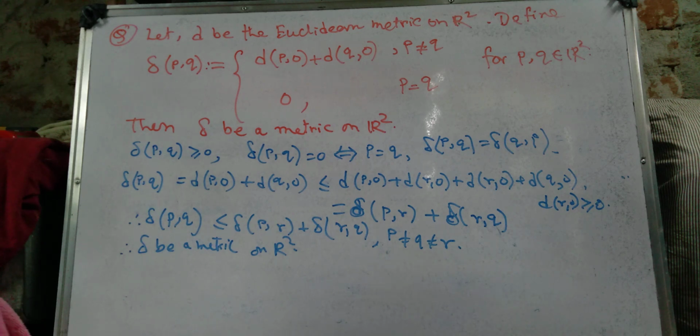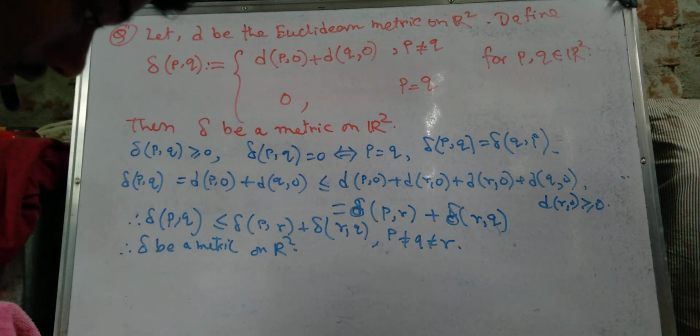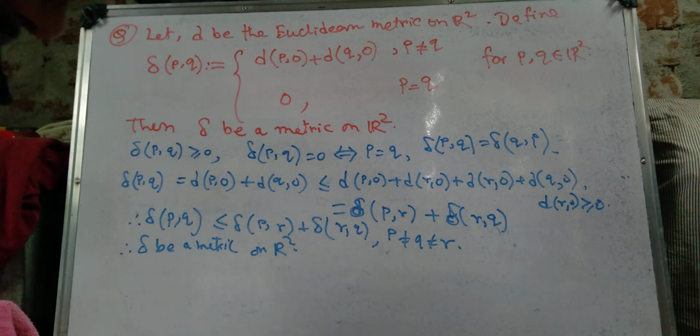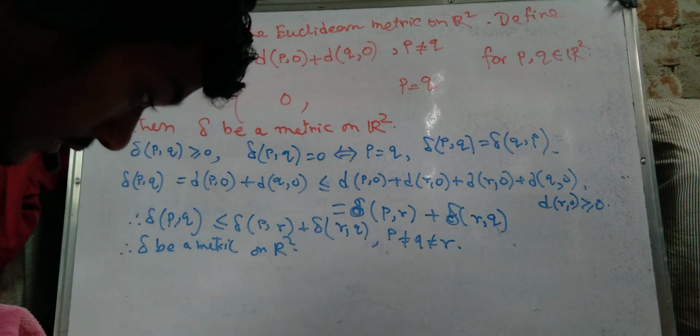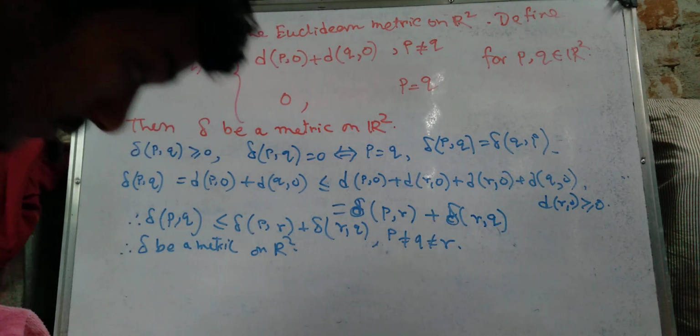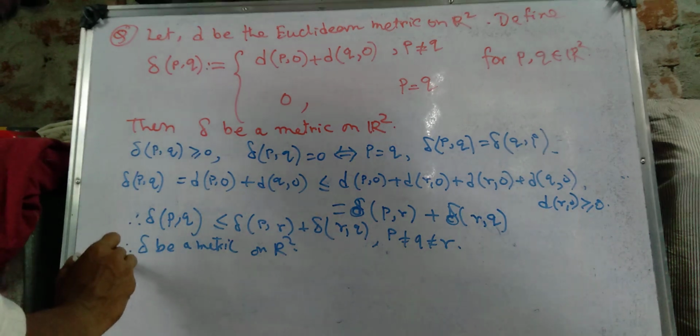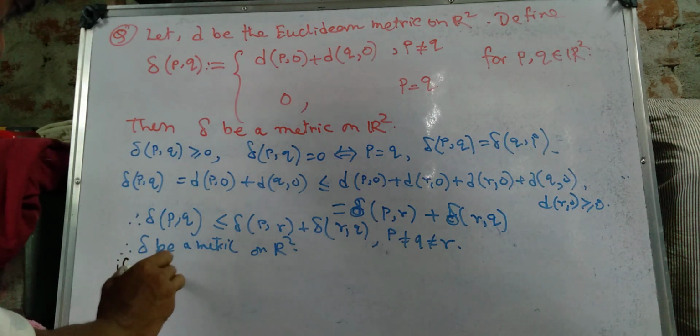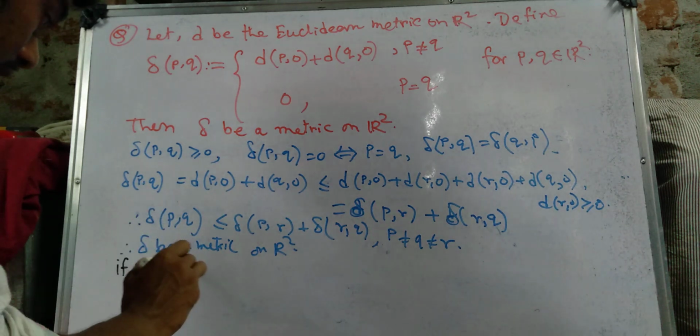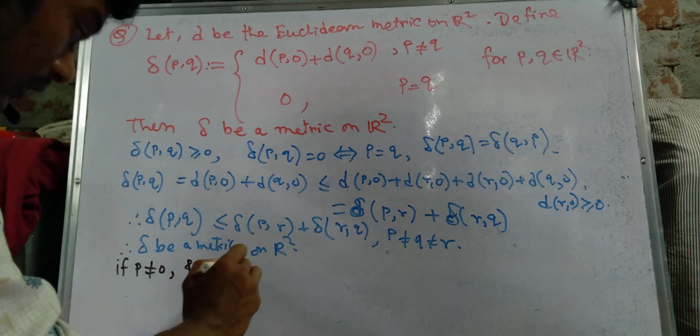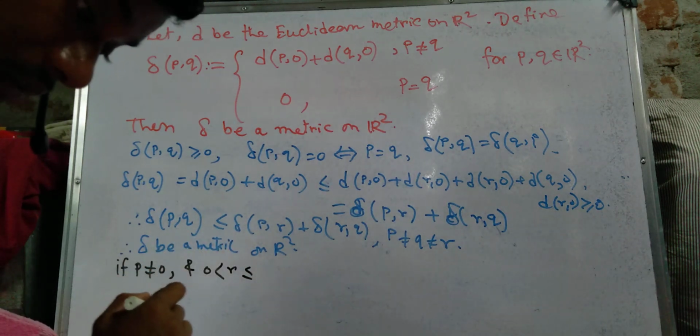Okay, then delta is a metric on R squared. Now we discuss the balls B_delta(p, epsilon). What are the balls B_delta(p, epsilon) for sufficiently small epsilon greater than 0 and p not equal to 0? If p is not equal to 0, and 0 less than r less than d(p,0),